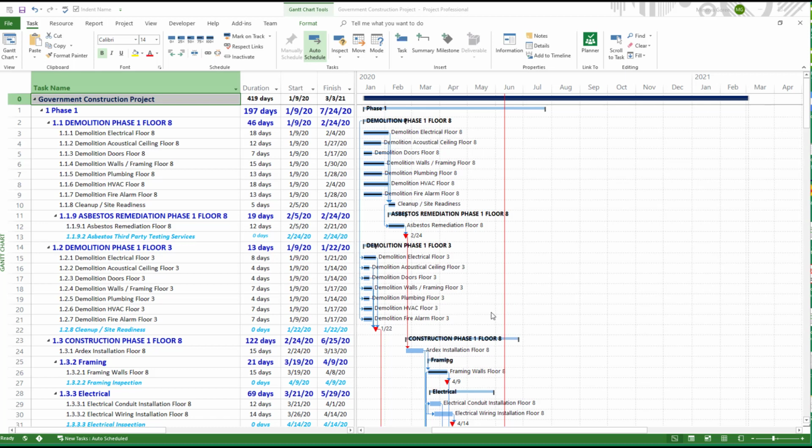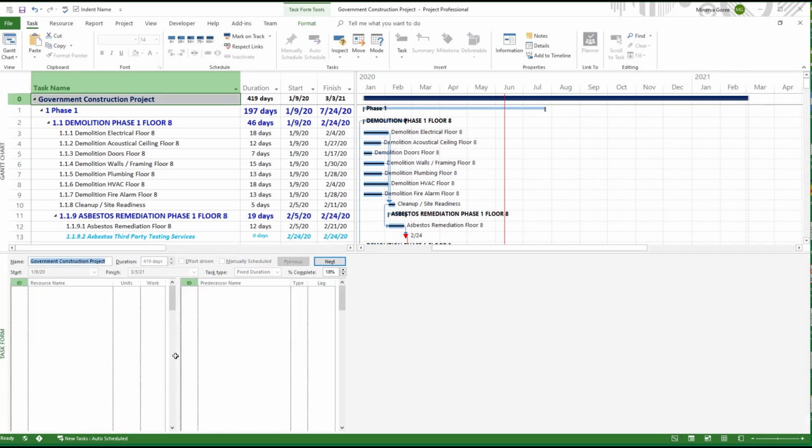So the first thing you can do is, if you're in the Gantt view, you can right-click on your Gantt, and then you can go and show split, and the split will come up. Once you're in the split view, you can see that this view is task form, and you can actually make changes within here. If you right-click on the gray area of your split view, you can actually look for predecessors and successors,